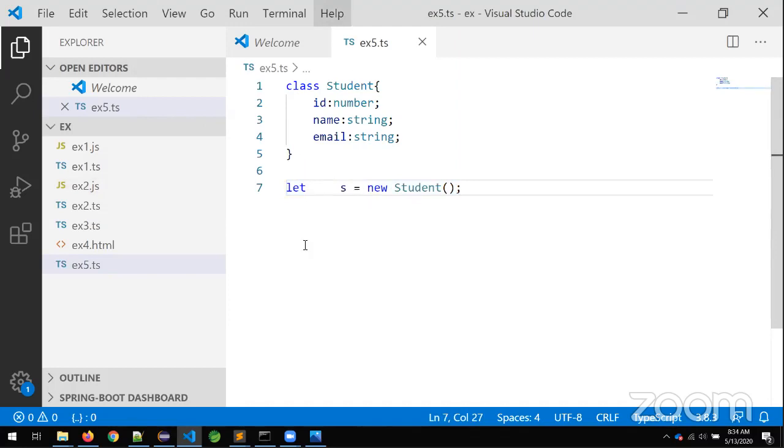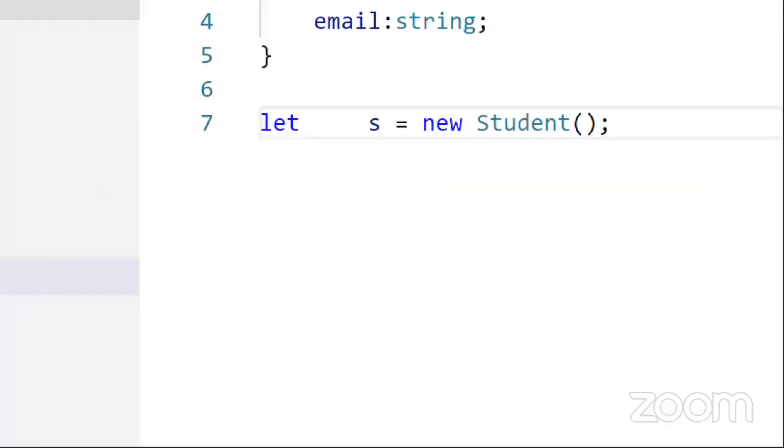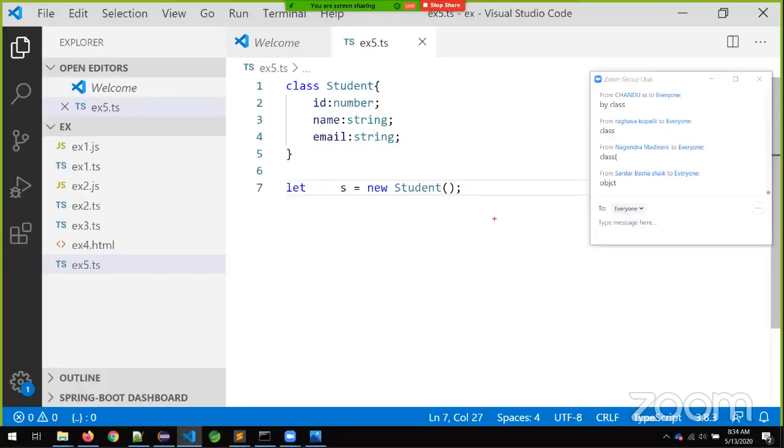Let me show you that. Observe. What are the properties we are having? ID, name, and as well as email.